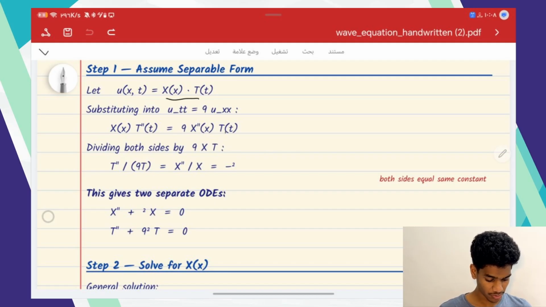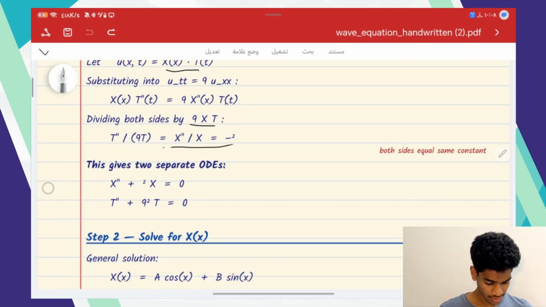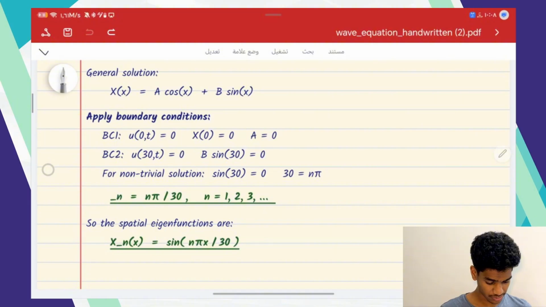Substituting this into the wave equation and dividing both sides by 9XT, I get two sides that each depend on one variable. Since they must be equal, both sides equal the same constant, which I call negative lambda squared. This separation gives me two ordinary differential equations, one in x and one in t. So, applying boundary conditions,